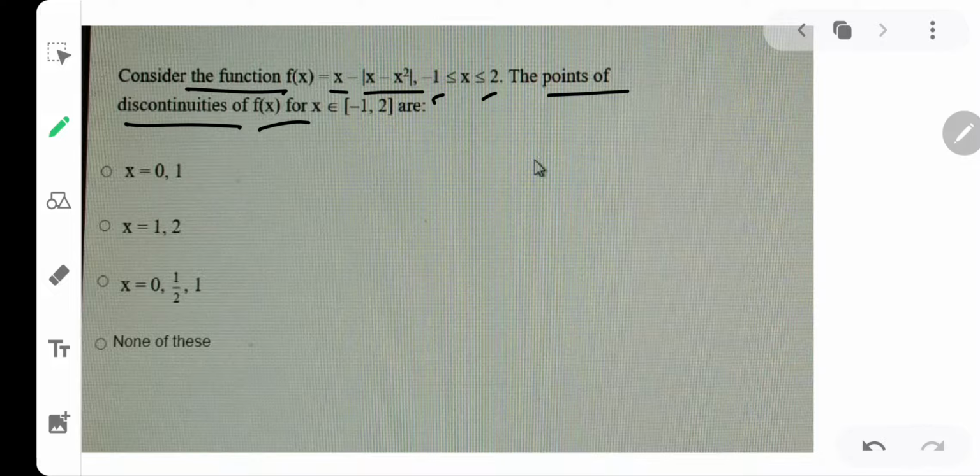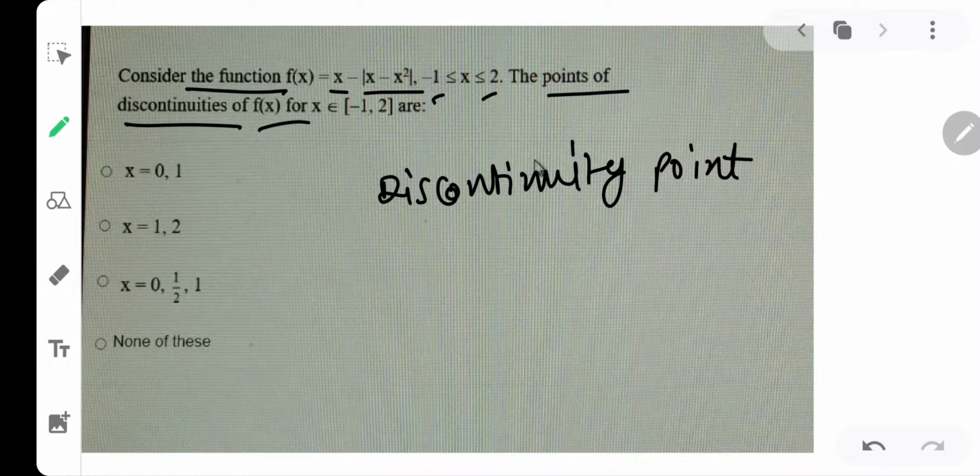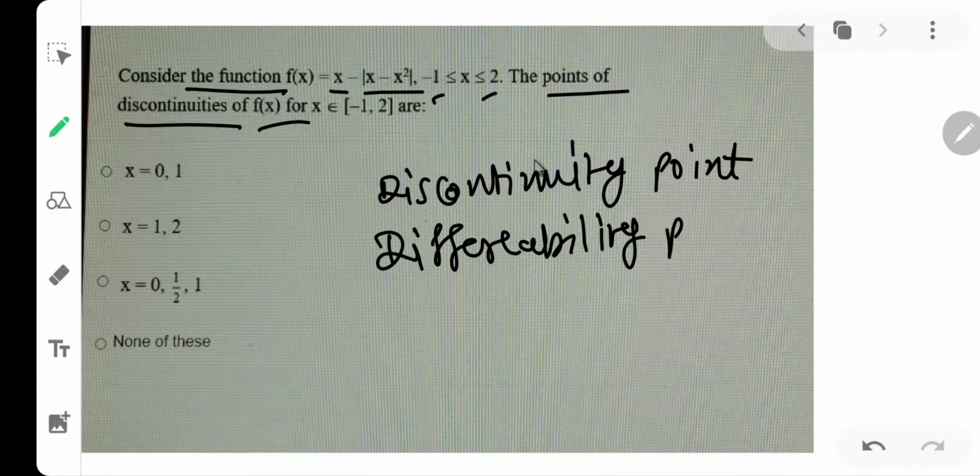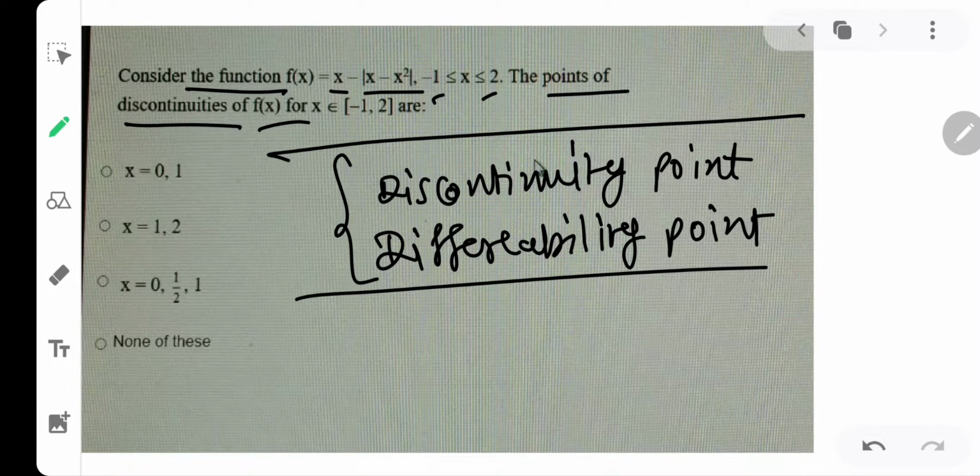Okay, so I'll go a step further in this particular question. We will calculate the discontinuity points, which is the answer of this question, and I will also teach you the differentiability thing. Then it will be a plus point for you, and this concept will be clear to you. Okay, what is a discontinuity point and what is a differentiability point, and I would say non-differentiability point, because they generally ask you non-differentiability point. I am going to teach you this in a very graphical manner and you will love this. Okay, so let us start.